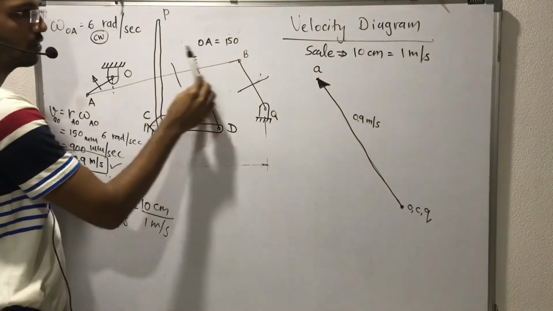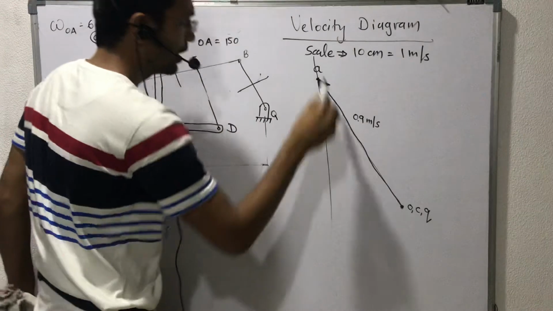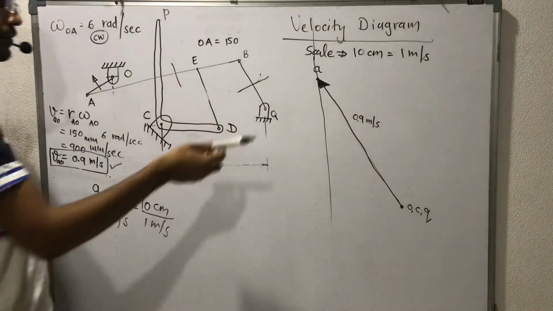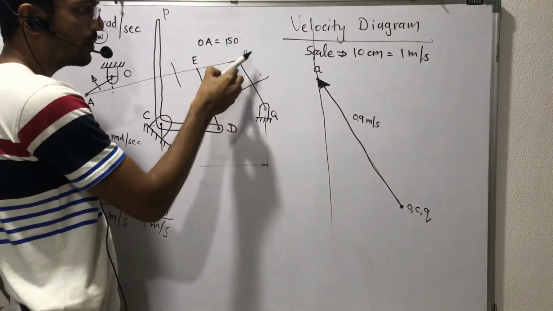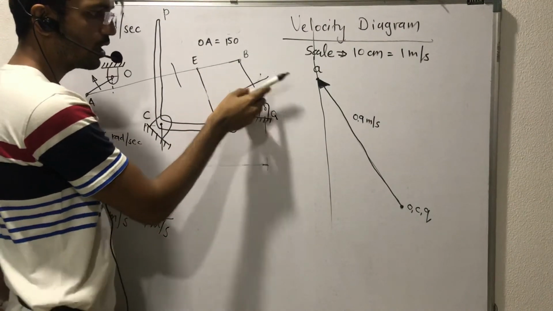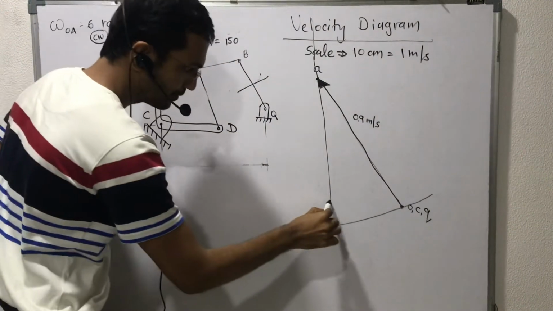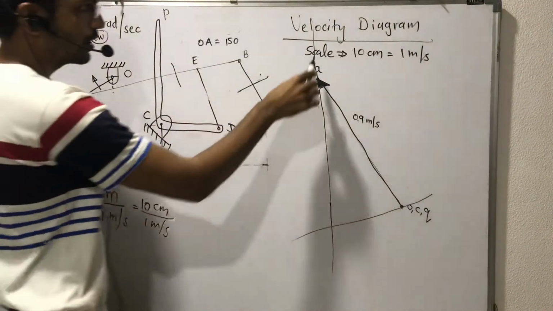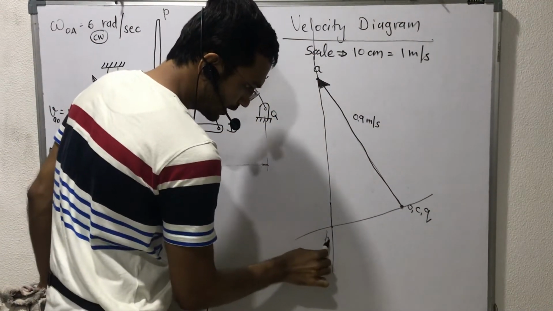So let me draw line of action of AB link. That is actually this one. We don't know direction, so we will draw infinite long line. After that, draw line perpendicular to BQ passing from either B or Q. Again we don't have B point, so we will draw from Q perpendicular to BQ. Again infinite length. Intersection of AB and BQ will be B point. That is over here.